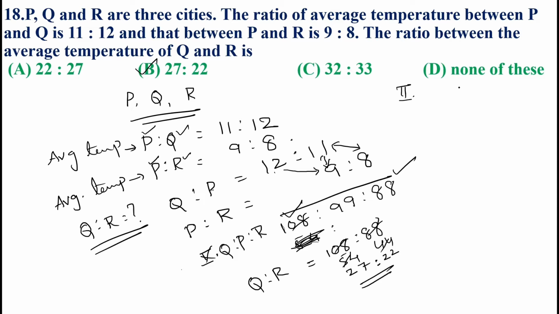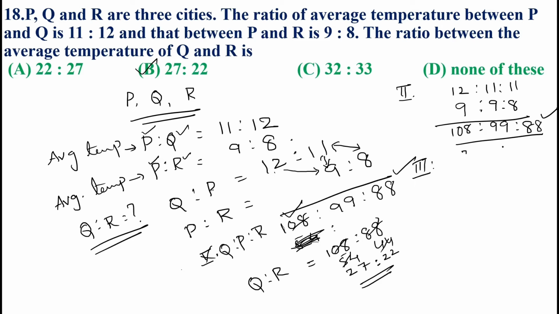See, 12 is to 11 and 9 is to 8. Here another letter is not present, so keep 11 the same. Here also another number is not present, so keep 9 the same. So 12 9s are 108, and 11 9s are 99, and 11 8s are 88. Same in this way. And third,